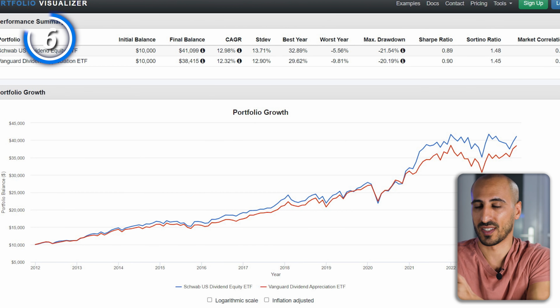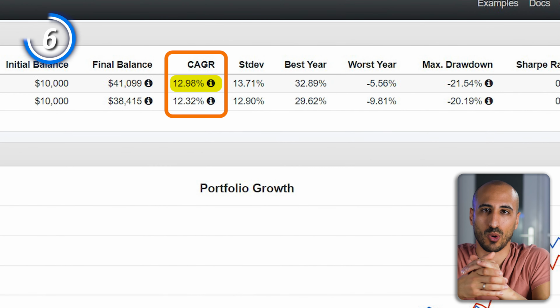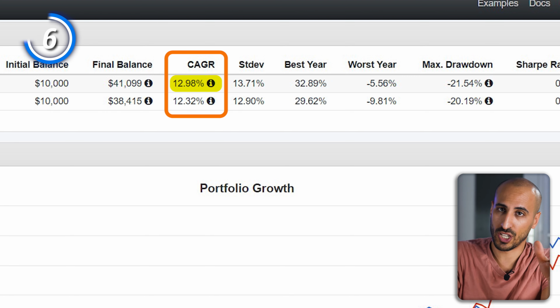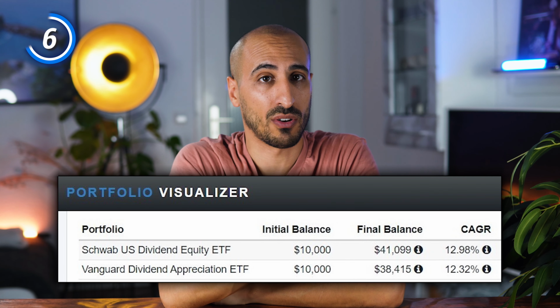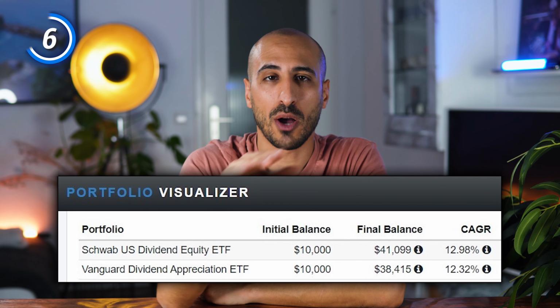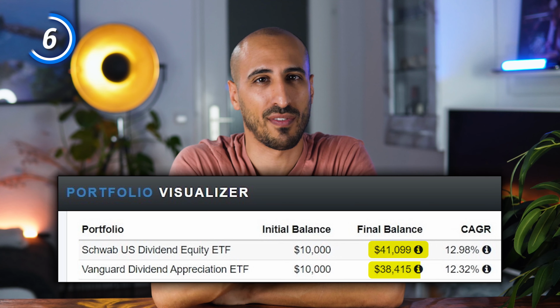VIG, which is the red line, was basically always a step behind, even though they closed with a total average yearly return, which is pretty similar, with 12.19% for SCHD and 12.32% for VIG. Both wonderful results, with SCHD being a little bit better. In fact, by investing $10,000 at the end of 2011, you now have $41,000 with SCHD against around $38,000 with